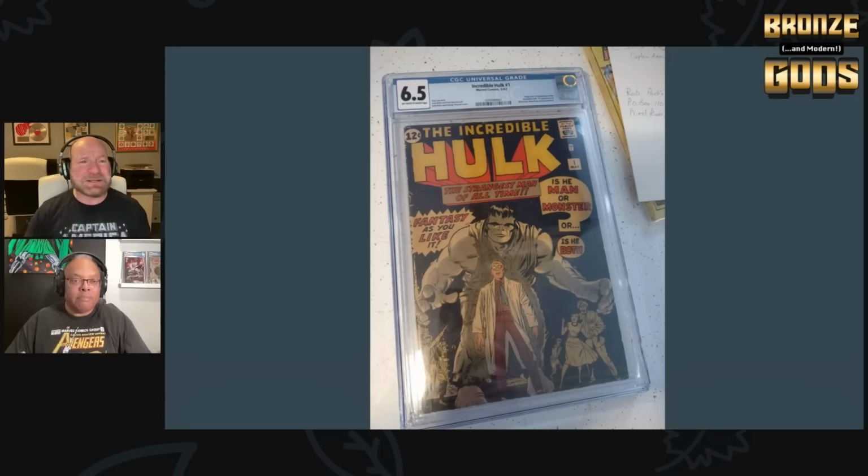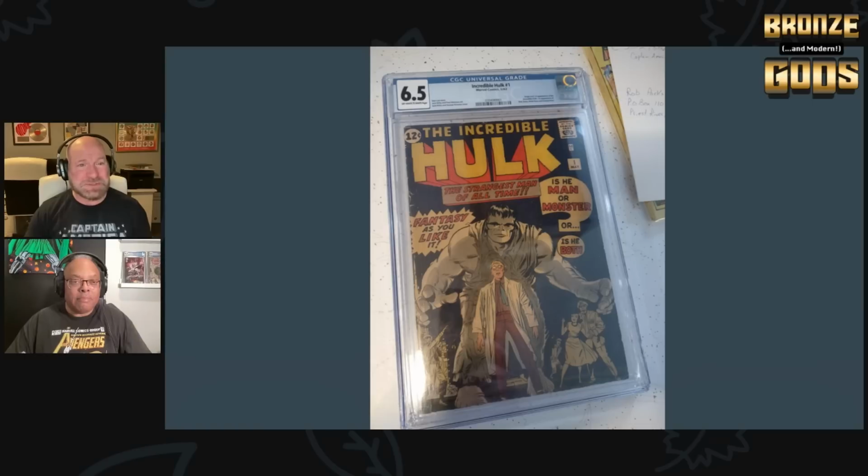How did this happen? Well, the guy who bought the book, the man behind the comics, he wanted to get it verified, so he sent it to a third party who unfortunately told him, "Hey, this case has been tampered with at the bottom. The seals were broken and resealed on the bottom, and unfortunately, the book inside..."